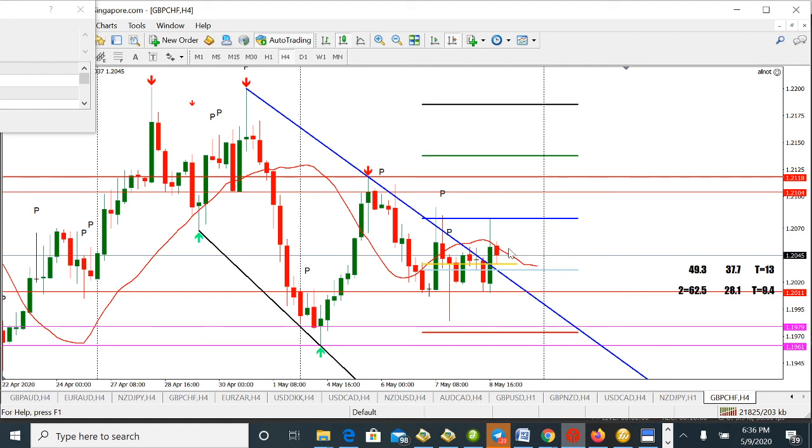Now, ideally, if you look at this pin bar here, this is a bullish pin bar and a very nice pin bar. Actually, when I saw it, I wanted to